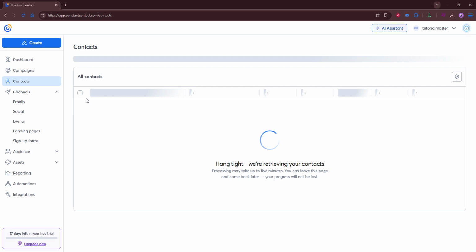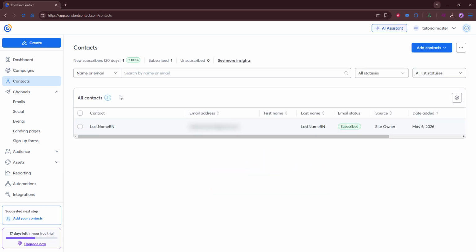Next, head over to Contacts to add or import your email list. You can type in contacts one by one or upload a file like a CSV. As you import, map each column to the right fields, first name, last name, and email, so personalization works properly later. Make sure everyone on your list has given permission to receive your emails, and clean out any obvious duplicates